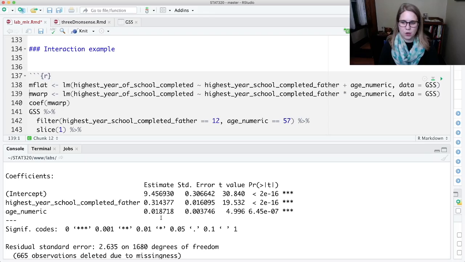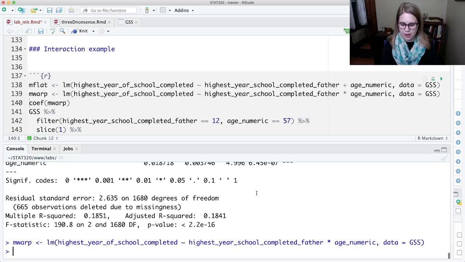I think we've seen these coefficients before. And then I'm going to do m warp, which is still trying to predict the highest year of school completed, but I'm going to predict it based on these two things multiplied together, using the asterisk in between them. So if I run that and then look at the summary of m warp,